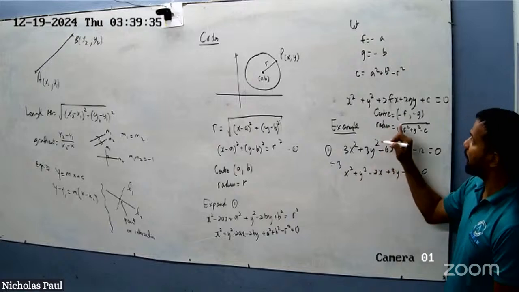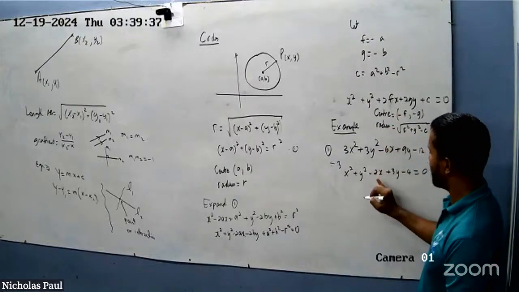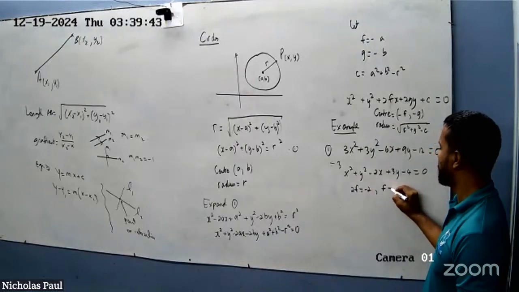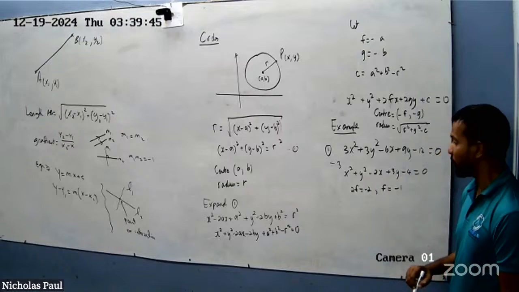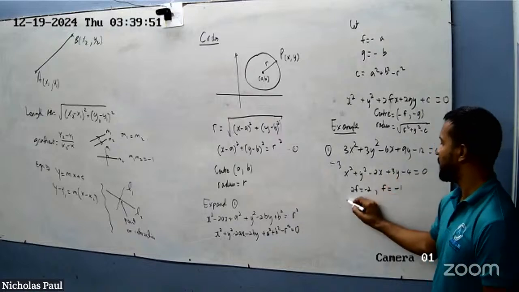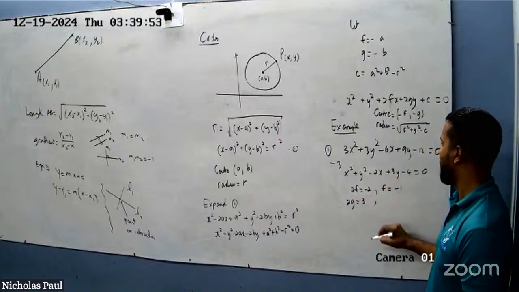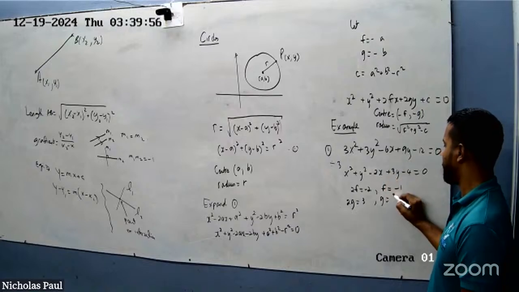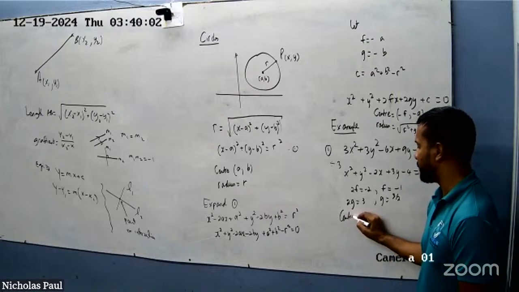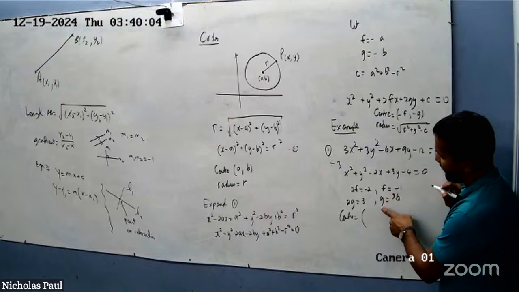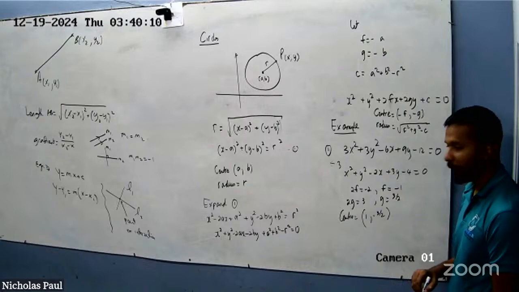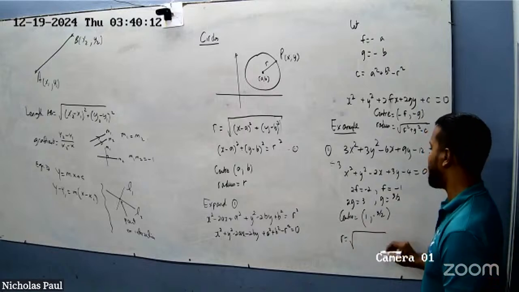So you can compare this to this, and you can say that 2f is equal to minus 2, so f is minus 1. Then you compare 2g to this, so 2g is positive 3, right? So g is equal to 3 over 2. Okay? So therefore the center is what? The center is always minus f, minus g. So that's 1, minus 3 over 2. Okay? And then the radius is the square root of